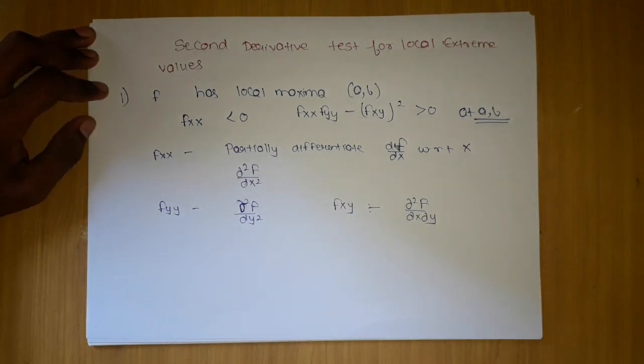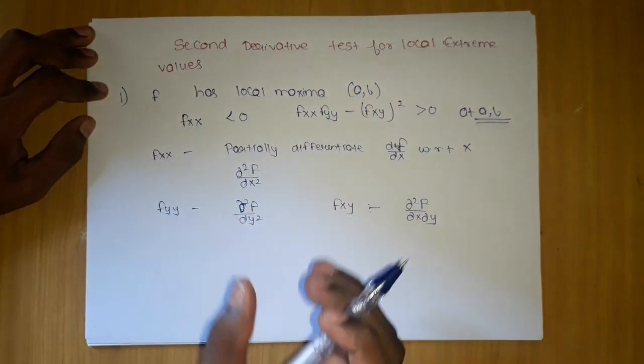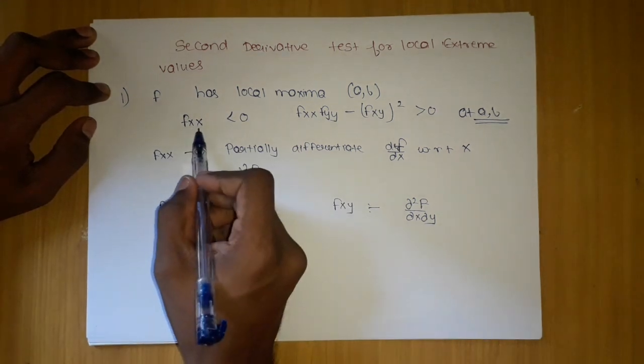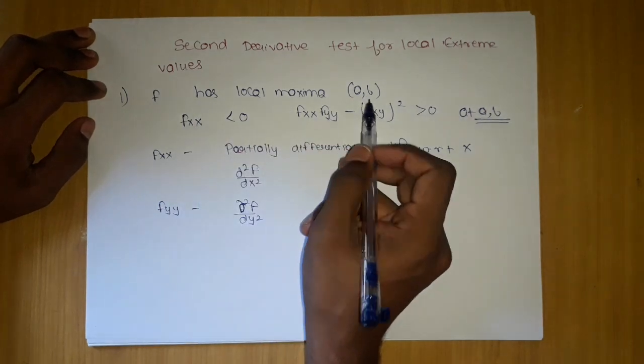Now we are familiar with these terms, so we know what the constituents are to determine whether a maximum or minimum exists at a point. So what we need to do is find the points (a, b), which are the stationary points. If we know that, we will again differentiate the function f(x, y) and check whether it is less than 0. If it is less than 0, we get a condition which belongs to the first case, that is, f has local maxima at (a, b).